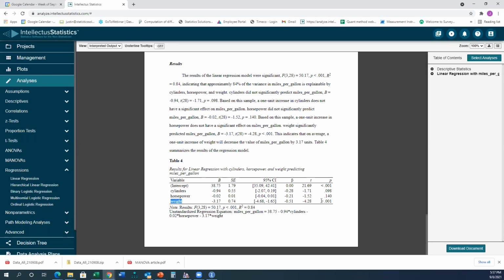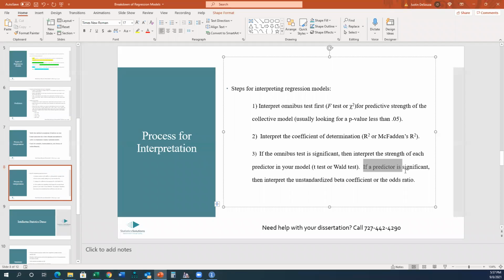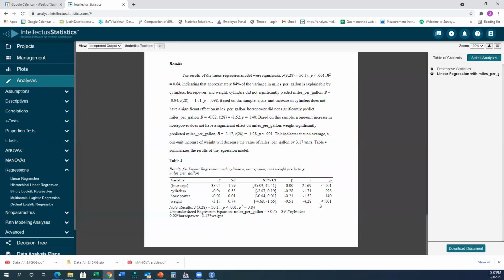However, weight has a p-value below 0.001, which is lower than 0.05. So weight is a significant predictor in this regression model, and you can then interpret this value here. This is your unstandardized beta coefficient. If the predictor is significant, interpret your beta coefficient. Because it is significant, what this means is that with every 1 pound increase in weight of the car,